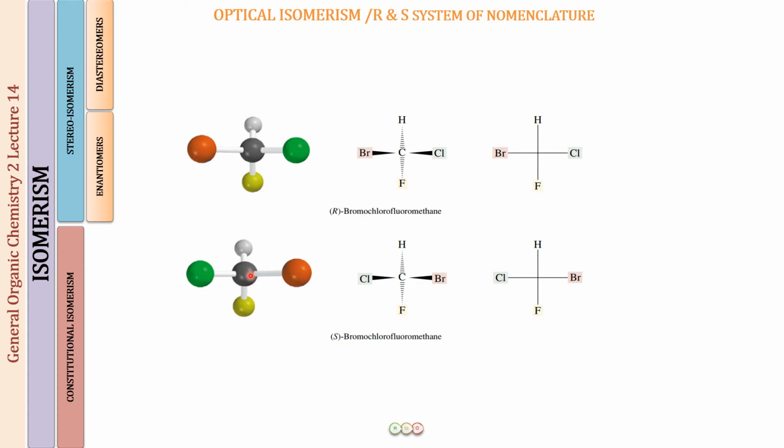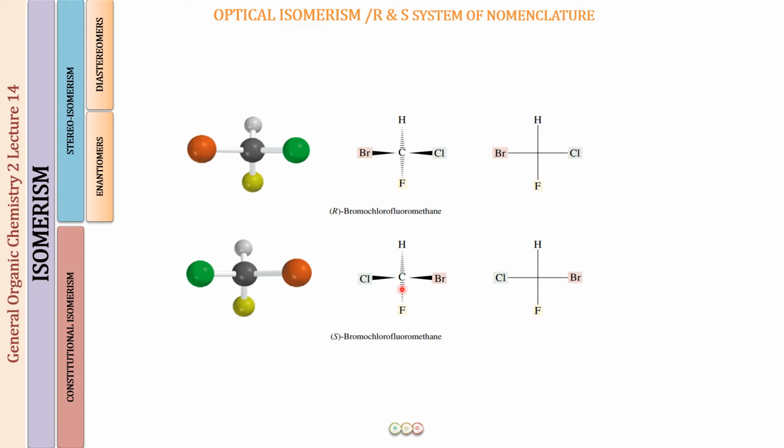Now, how did we learn to find out whether this is going to be a chiral molecule or not? Well, this is just one carbon, surrounded by four different groups represented by these four different colored balls. So four different groups around one carbon. This is going to be an asymmetric carbon, a chirality center. Because in this molecule we have just one chirality center, 100% we know this is going to be a chiral molecule. And a chiral molecule and its non-superimposable mirror image compound are both called enantiomers.